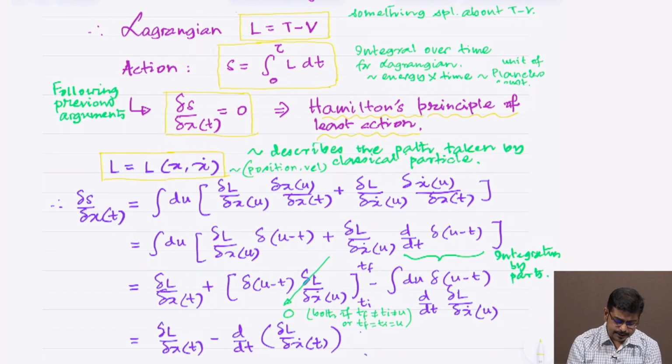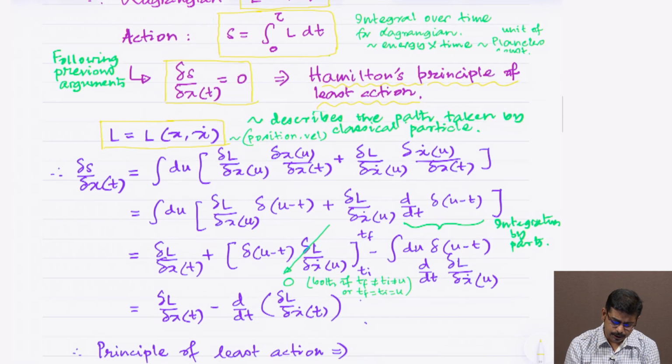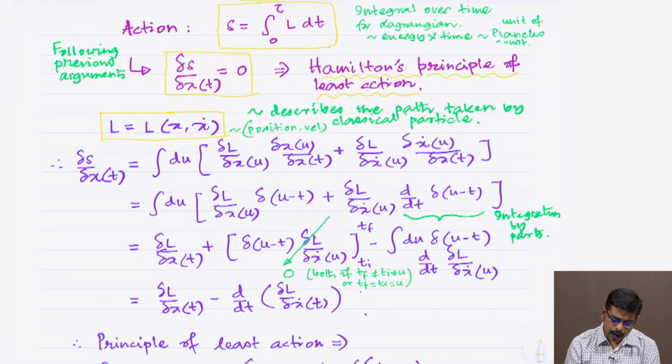Then what is del S by del x, the derivative that has to be equated to 0 to obey the principle of least action? You can calculate this by taking a derivative with respect to x, with del x u by del x t, and then del L by del x dot times del x dot by del x t, and